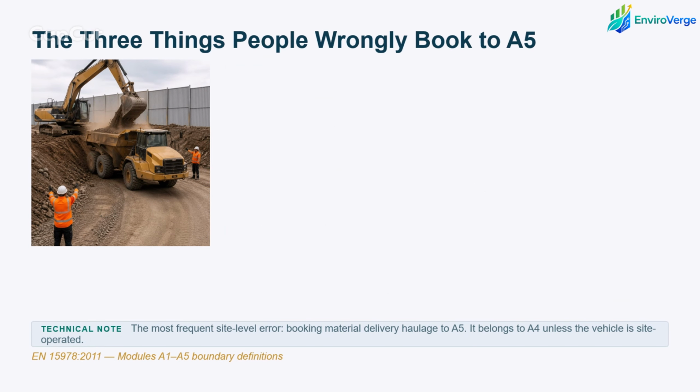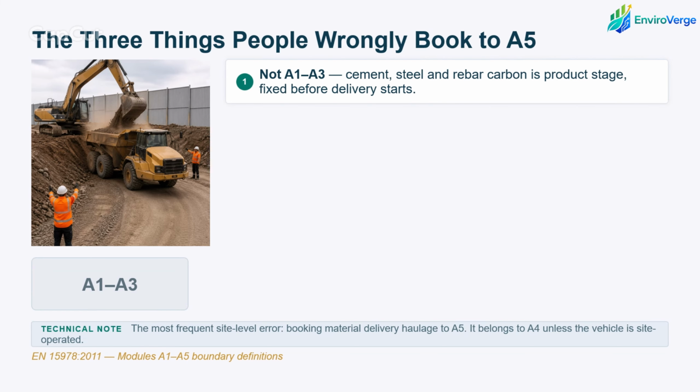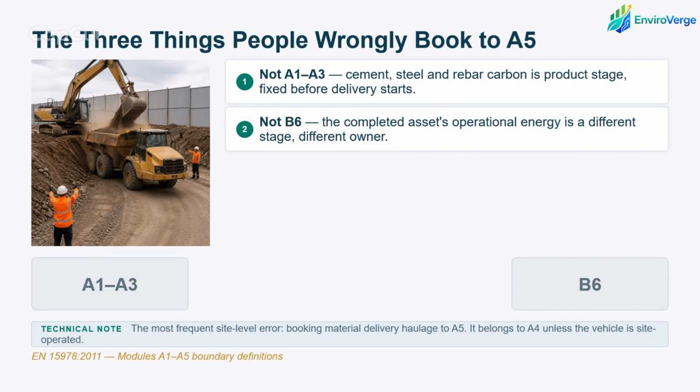Now the exclusions, because that's where the errors are. 3 things get wrongly booked to A5. First, not A1 to A3. The carbon in your cement, your steel, your rebar, that's product stage. It was fixed before your delivery even started. Second, not B6, the completed asset's operational energy, the lights and the heating and the running of the building,